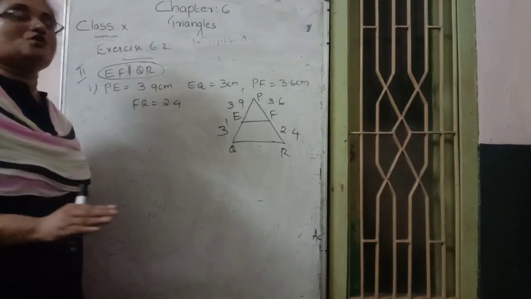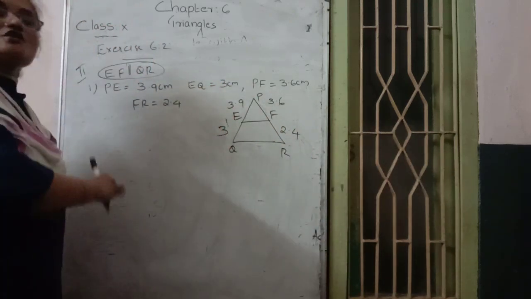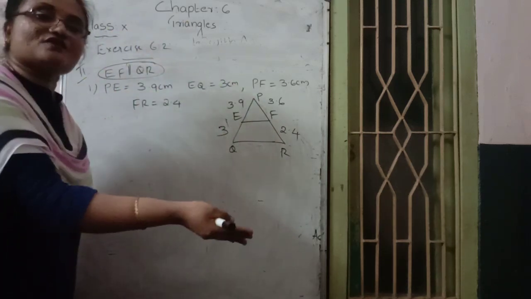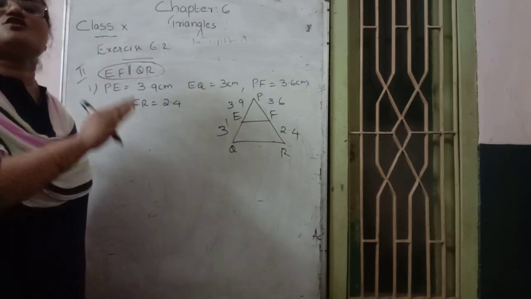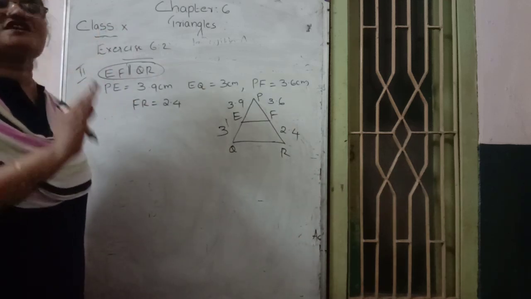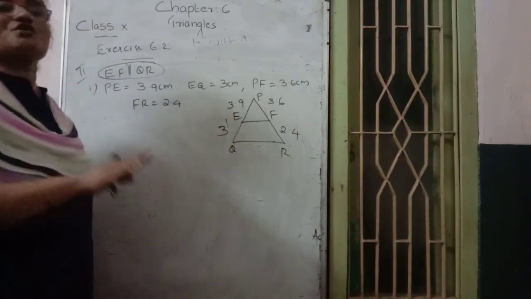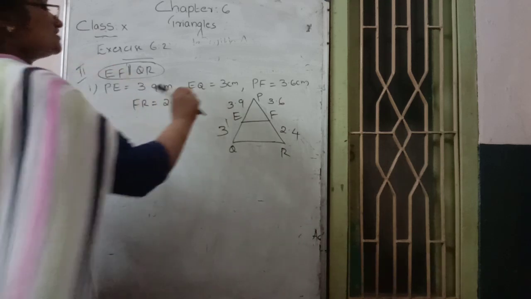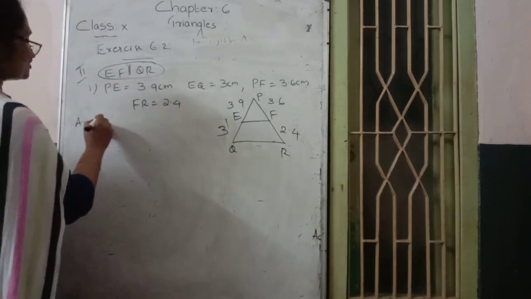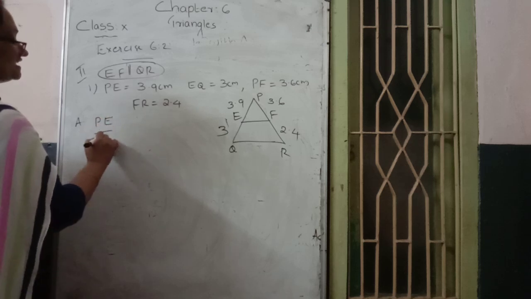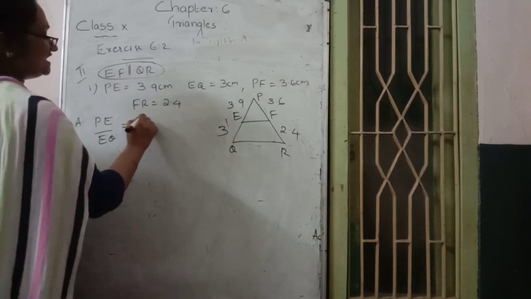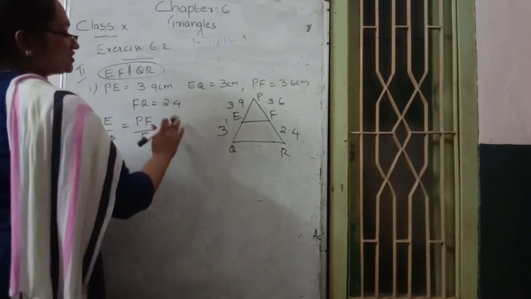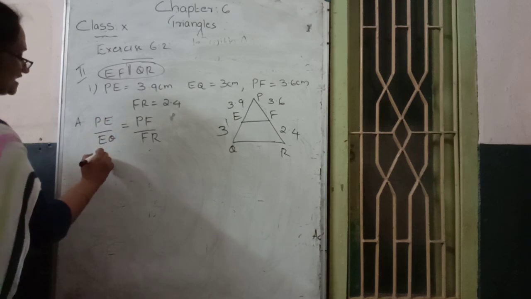Here what we want to do is substitute the left side ratio value and check it, and the same way take the right side value also. If both left and right side ratio values become the same, we can say EF is parallel to QR by the converse of the BPT. That is the meaning of this question. So how do we write the ratio? We can write PE by EQ is equal to PF by FR by the converse of the BPT theorem.